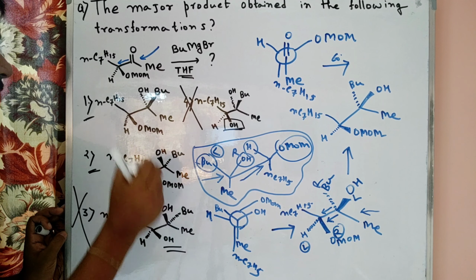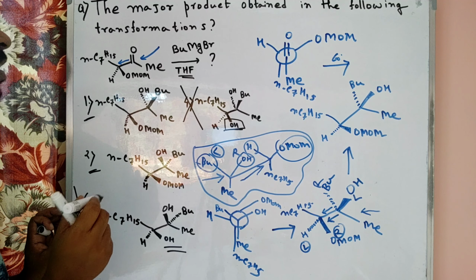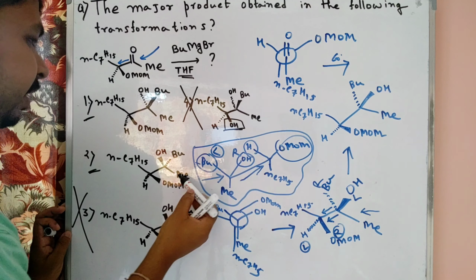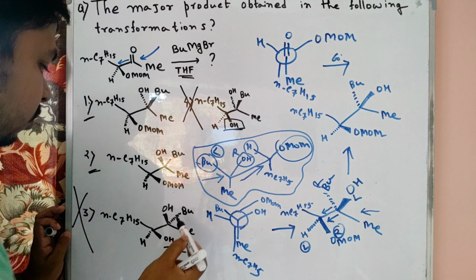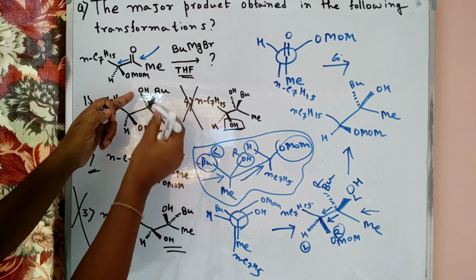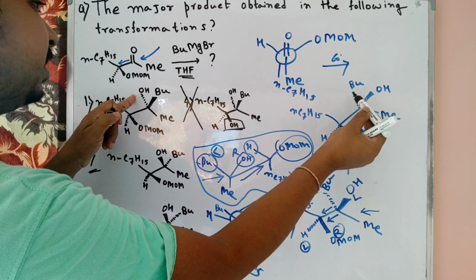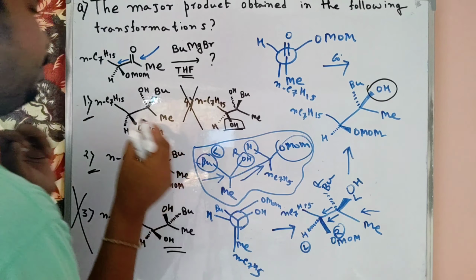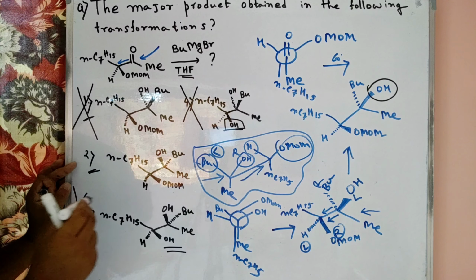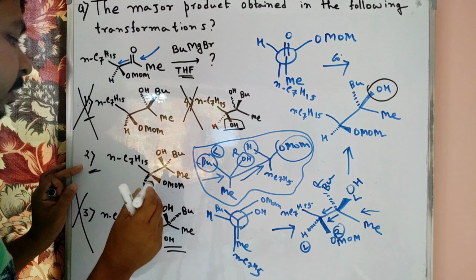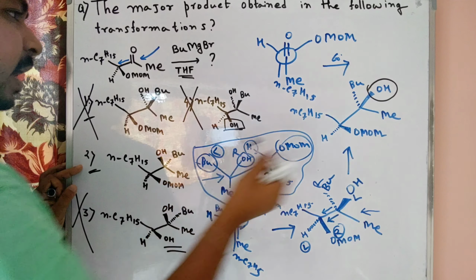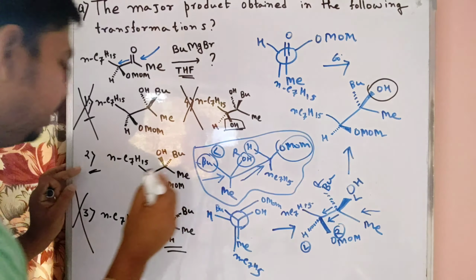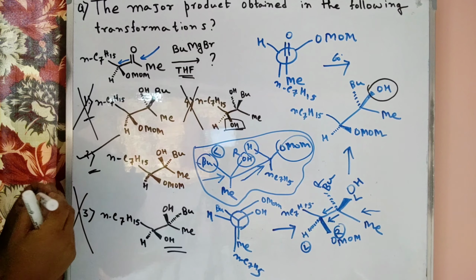So which one is more important? Which product is more important? So here we show our structure, Me and then OH up. In this structure OH is down and butyl is, so OH down. So in our structure OH is up, so we can cut option 1. And if you see the second option, our methyl group is here and the butyl group is on our downside, and OH is here. So this structure 2 is correct.